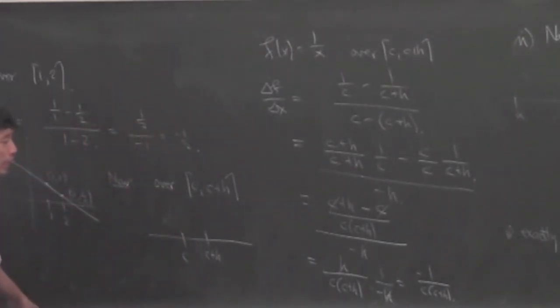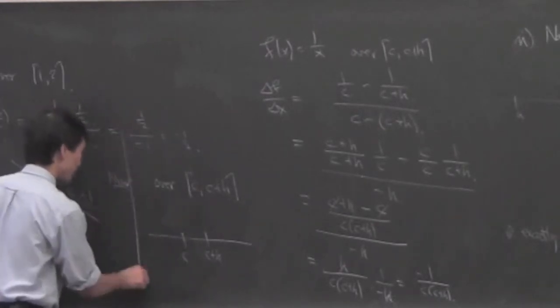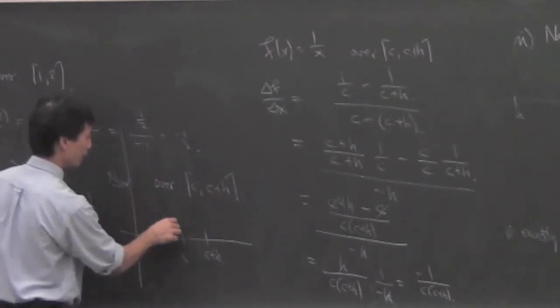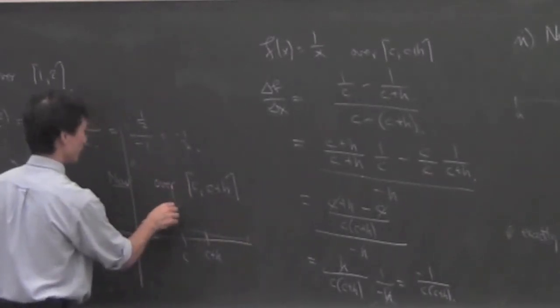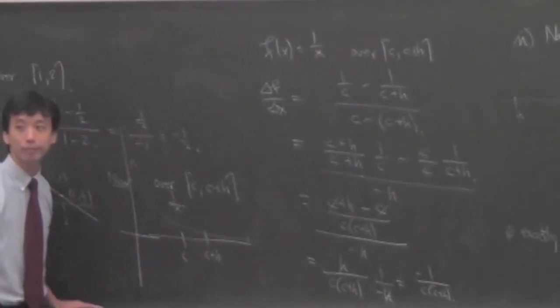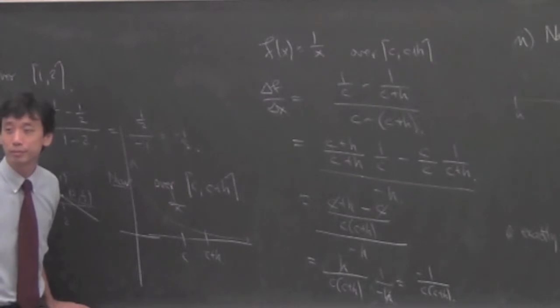Okay, so that's the slope, that's the average rate of change of this function of x over the interval c plus h, right? Yeah, but if the formula for average rate of change is f of b minus f of a over b minus a,